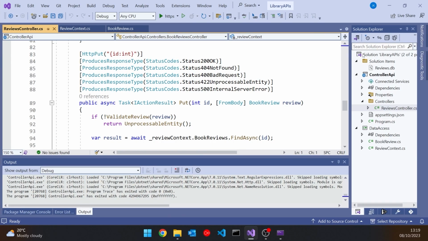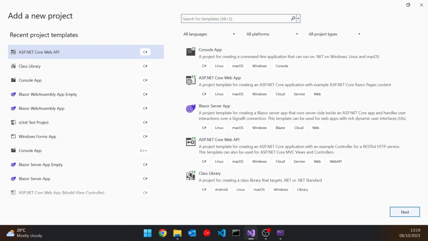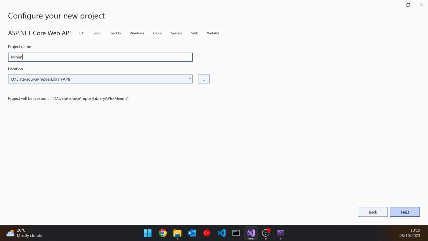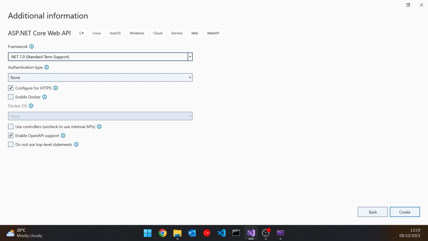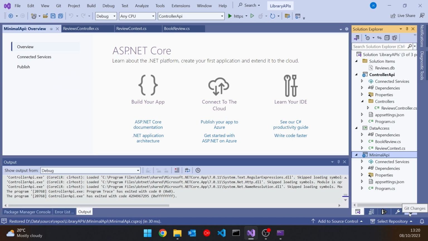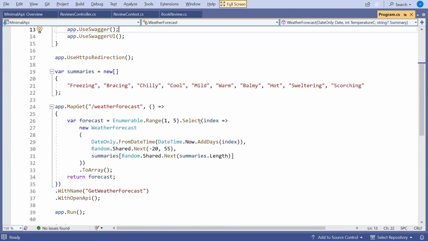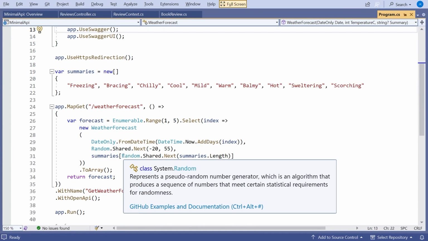So we'll go to the solution and just do an add, new project, and ASP.NET Core, and we'll just call this minimal API. Next, and then the thing you've got to make sure, amongst all the other things, is that use controllers is unchecked. As it says, that's what gives us a minimal API. We're going to still have Swagger, the Open API support, other settings as you like, but we'll create that. And as we saw last time, you get something very minimal indeed. Really, the only C# file is that program.cs, and what it's given us is just a weather forecast with a get that generates a random weather forecast.